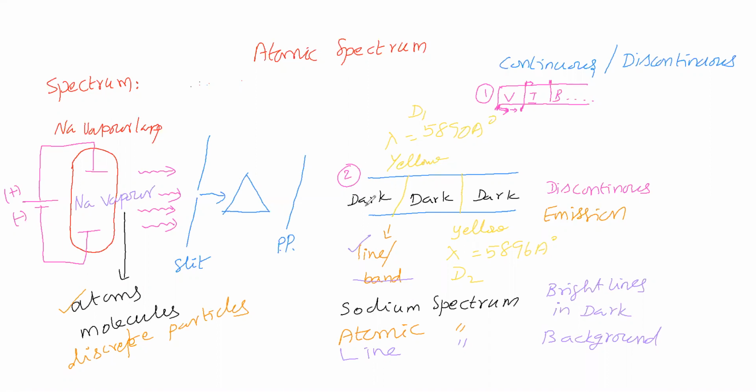How will the absorption spectrum of sodium appear? So you are saying dark lines in a bright background. This is called the absorption spectrum of sodium. You are correct. Now, do you mean the dark lines are present at 5890 angstrom and 5896 angstrom, or do you say dark lines will be at some other wavelengths?